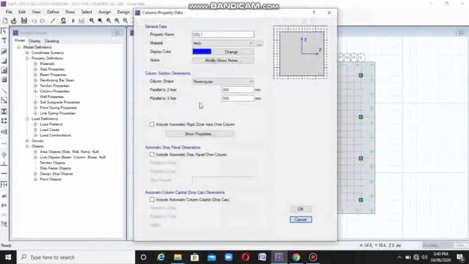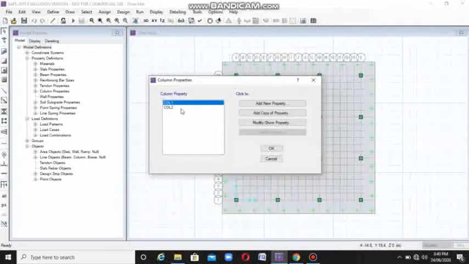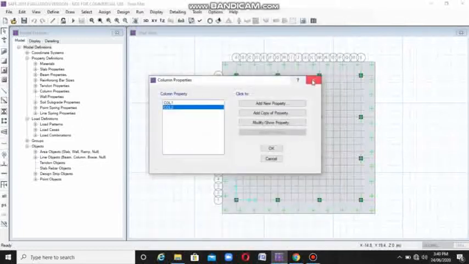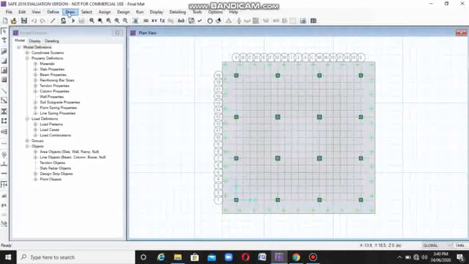Column 1 is 500 mm by 500 mm and material type is M40, and column 2 is 600 mm by 600 mm of material type M40. After defining, we draw the columns.